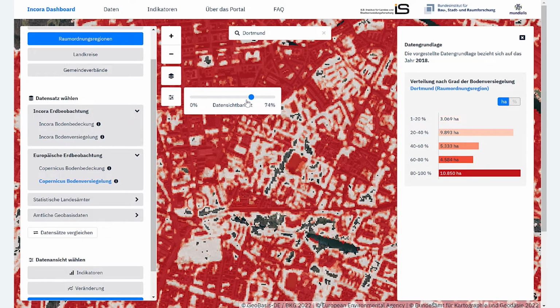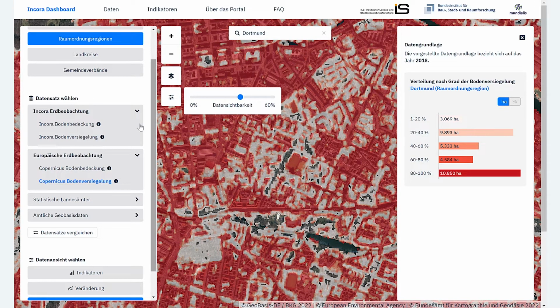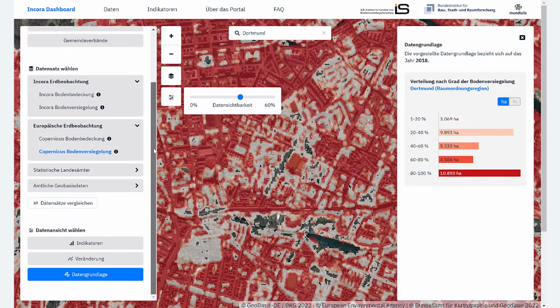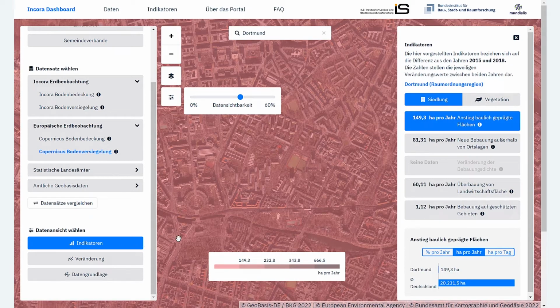So why does the dashboard include so many different datasets and what is their data used for? The core of the project is to monitor land changes based on spatial data. In other words, to calculate the indicator based on the 7 datasets. When you click on indicator, on the right side, it gives you the indicator result.